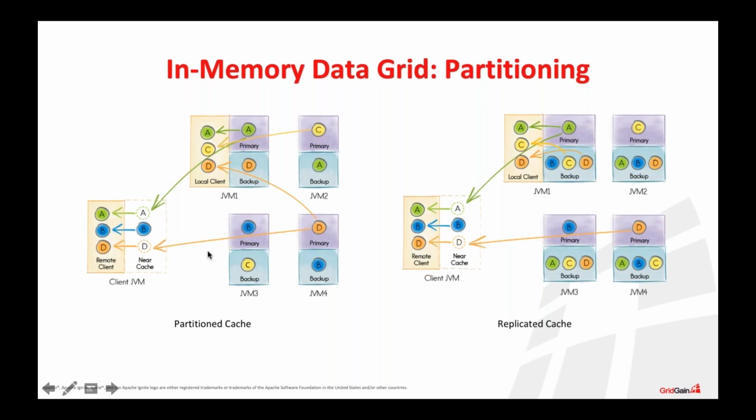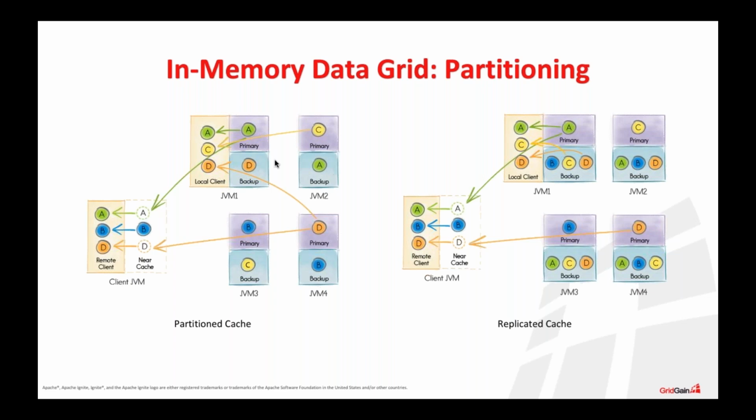And here, as you see, for every key that you have in your cluster, there will be a primary node. If you take a look here, you will see that JVM1 is primary for key A. At the same time, we configured our cluster in such a manner that there will be a copy of this key in one of the other nodes of our cluster. And JVM2 is the lucky guy. So this JVM2 stores a copy of this key.